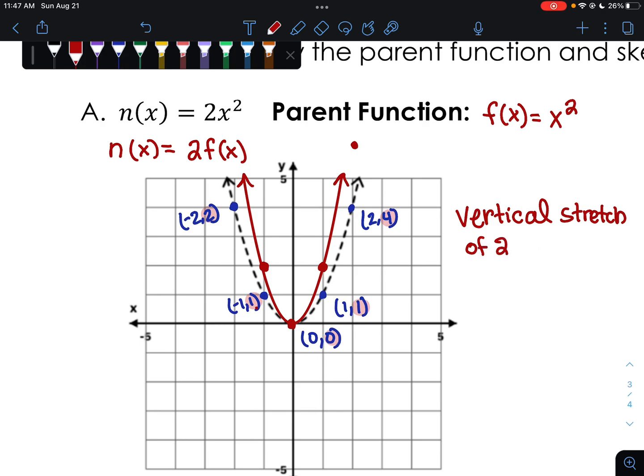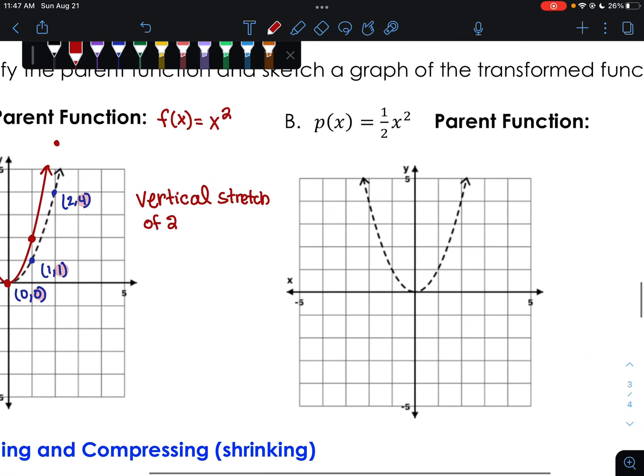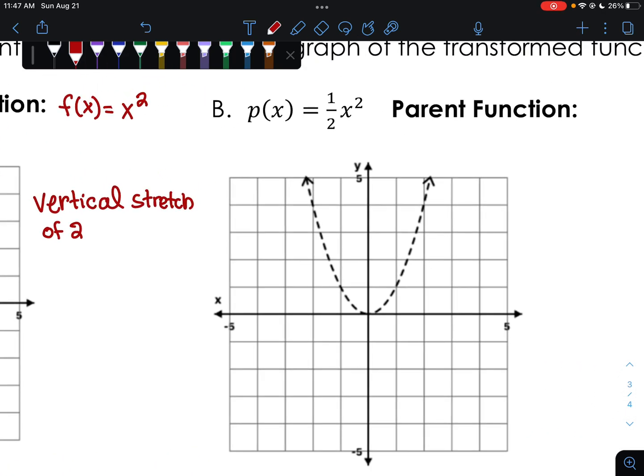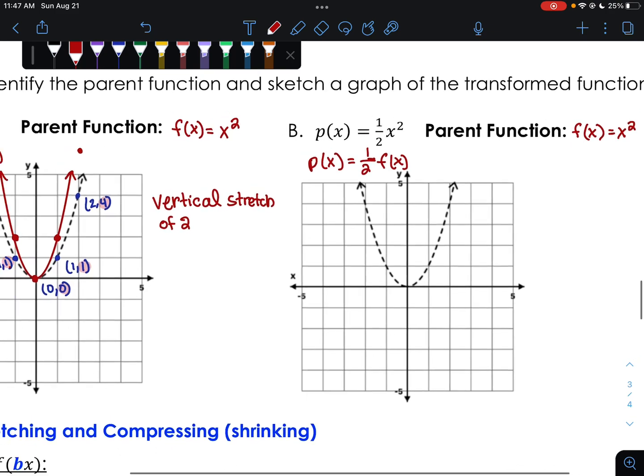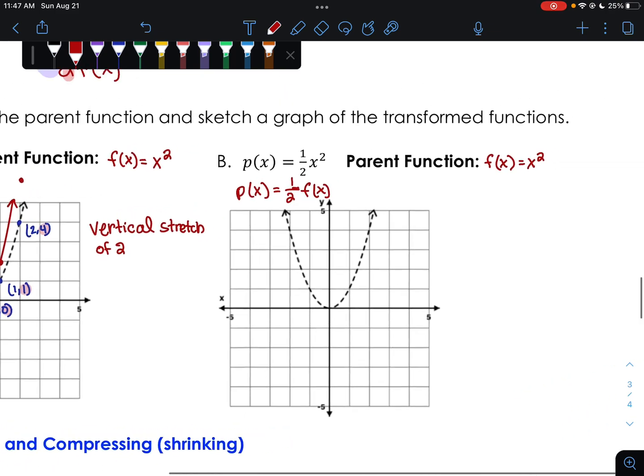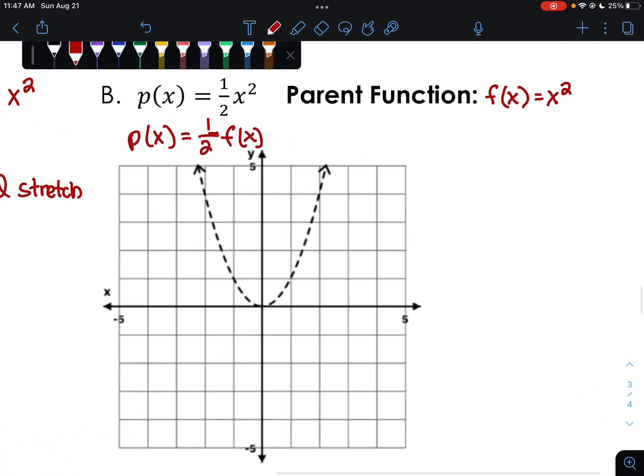of 2. Looking at this next one, we have p of x equals 1/2 x squared. We have our parent function to be x squared. So p of x can be rewritten as 1/2 f of x. Just so you know, those are the same thing. This would be because 1/2 is between 0 and 1. This is a vertical compression